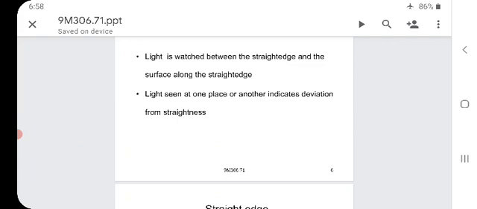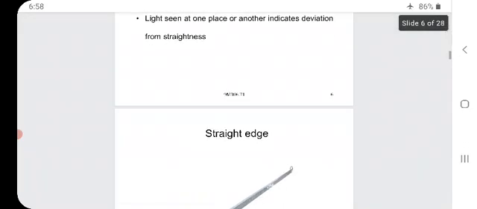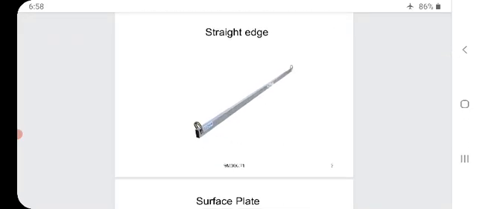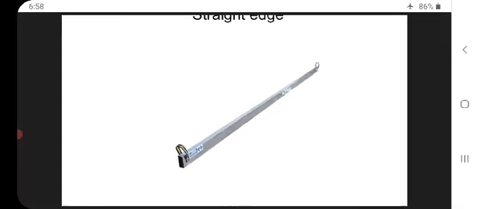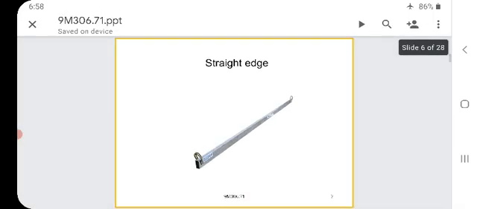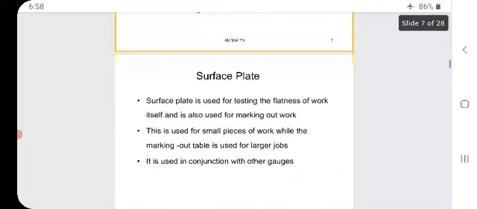Light seen at one place or another indicates deviation from the straightness. See, this is the figure of the straight edge. I am making a zoom such that you can see clearly on the screen.